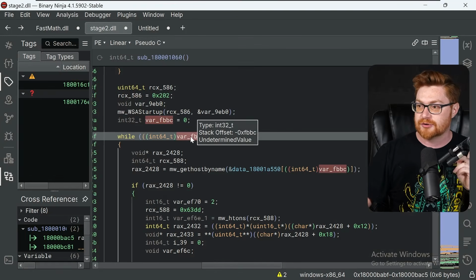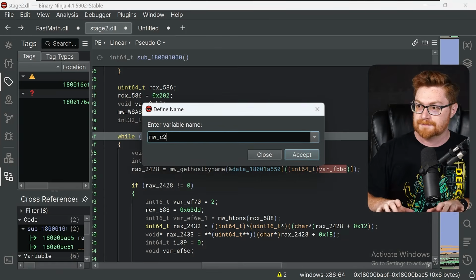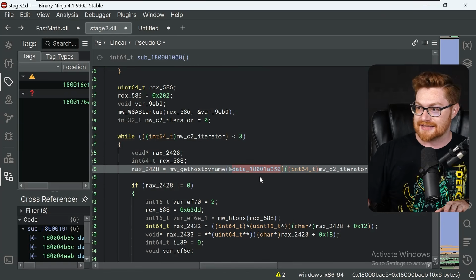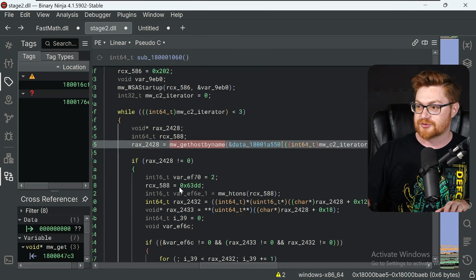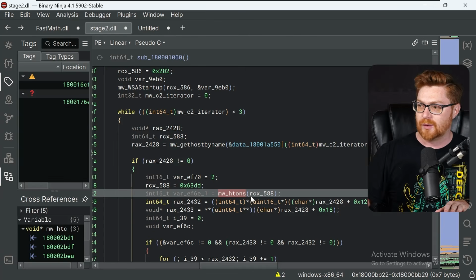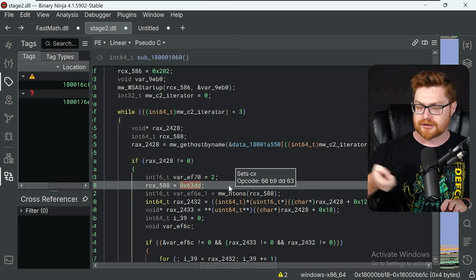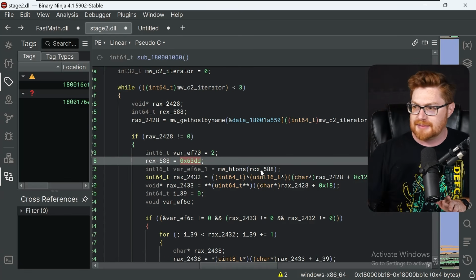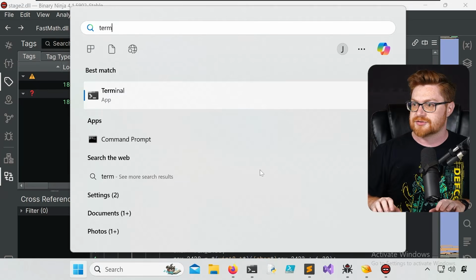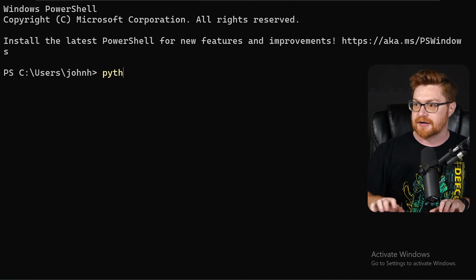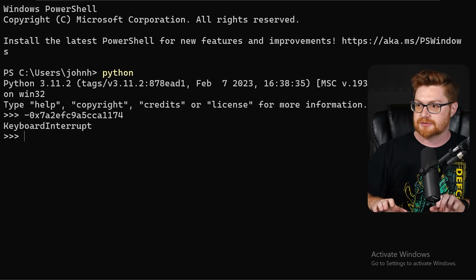So it iterates through, and we can call this something like MW C2 iterator, which obviously indexes at that data. And then it will use that as the host name. And this HTONS is likely going to be used for the port value. So I don't know if this will match what we saw previously when we tried to look things up on Censys or Shodan, but maybe some values could be wrong. Let's try to just see that in decimal representation. So let me just do this in Python super quick. We can paste in that 063DD. So the port number is likely